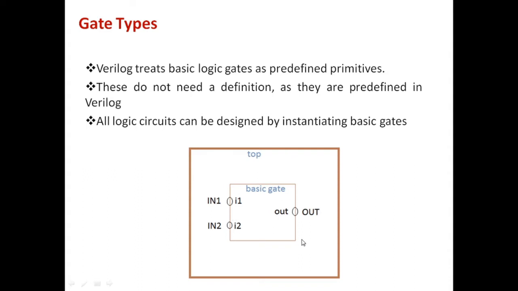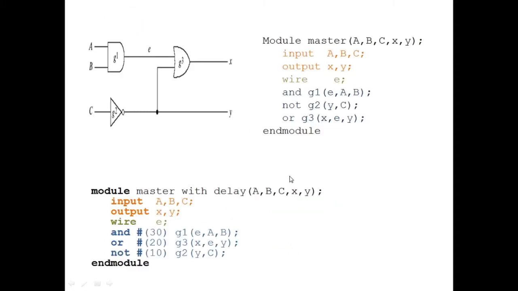So that means I am having a logical circuit here. Let me treat this one as a logical circuit, and in this logical circuit I am having only a single gate, whose inputs are I1 and I2, and the output port is OUT. So this is instantiated in your stimulus block in this manner. Okay, let me go with one example here.